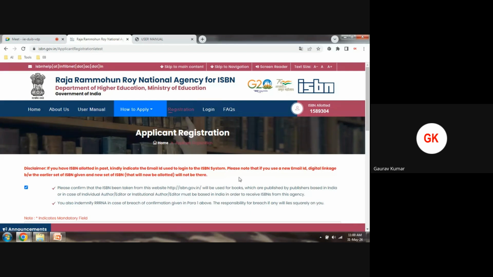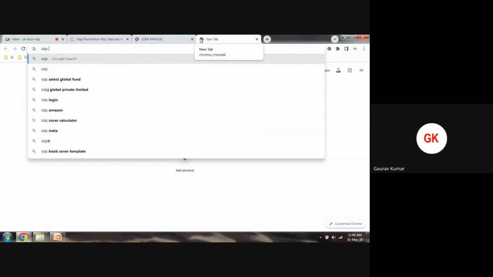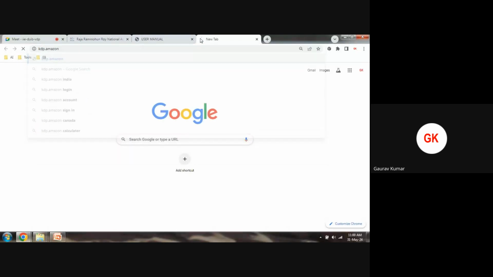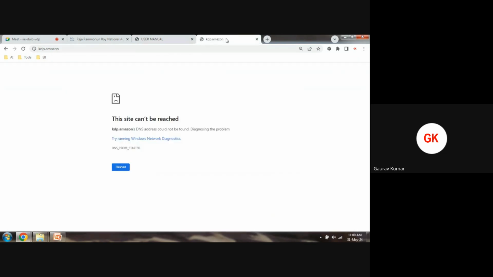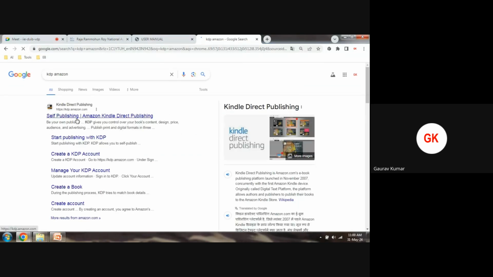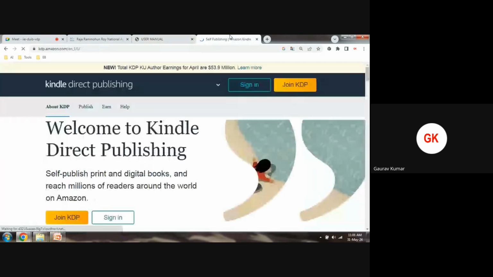Now the question comes, we have content, we have ISBN, but how to publish it? Simply, in every location there are some printing presses. You can go to a printing press, or what you can do, you can simply upload it on the Kindle platform, KDP Amazon, and lots of other presses are available which are under self-publication mode. KDP Amazon, self-publishing, and this book will be at par